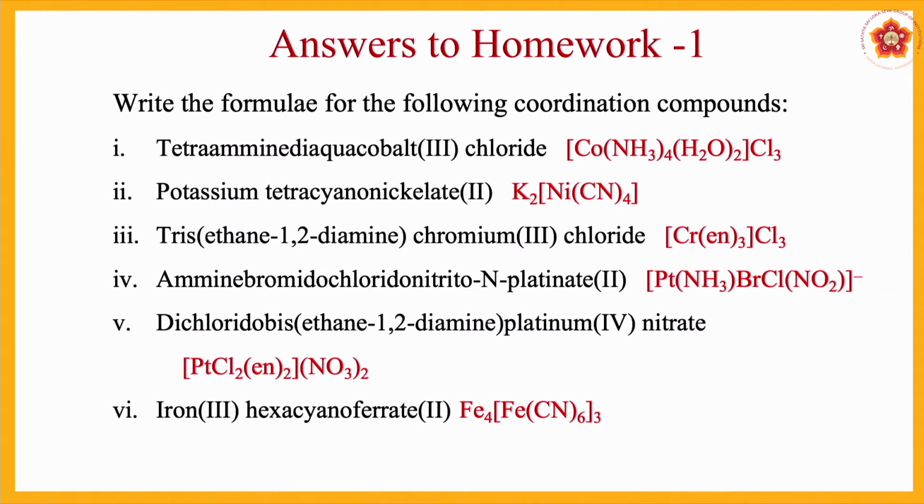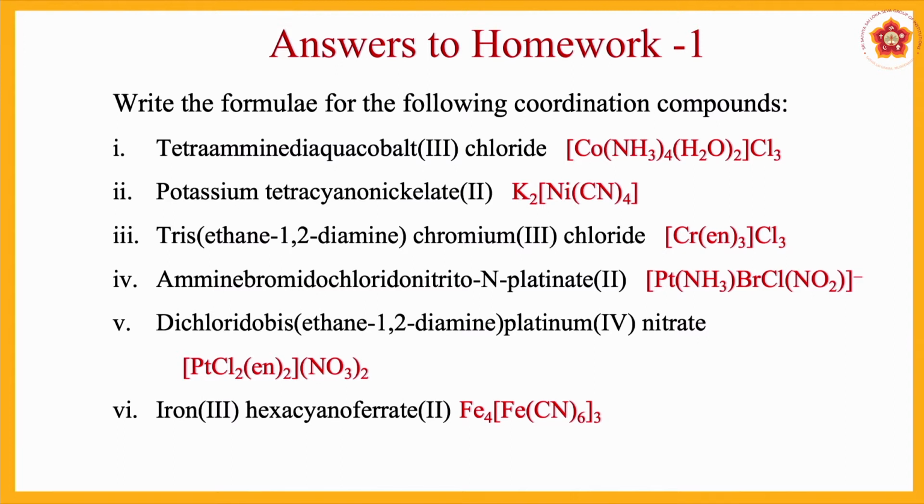And here the counter ion is chlorine, so that chloride has been written. Why is it Cl3? Because cobalt is in +3 state, it is given in the question. Amine and aqua are neutral ligands and therefore, it is written as Cl3 outside to balance the valency. Similarly, second one, potassium tetracyanonickelate. Here the counter ion is the positive ion and this is a negative complex, and that is why that ATE